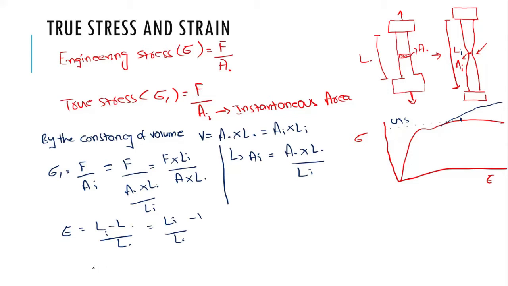So we have the true stress value as F by A naught into 1 plus epsilon, the strain, or we can simply write it as